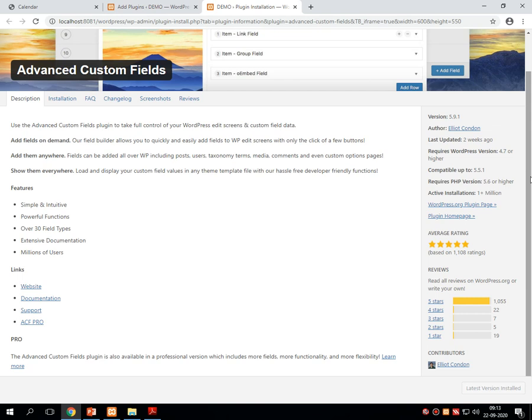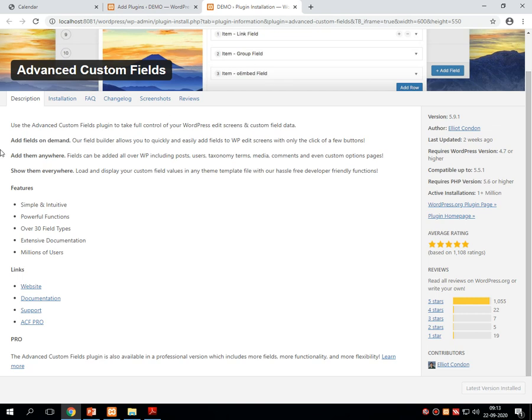Again I am repeating my words. This is an advanced option provided by WordPress, which is used to add additional text box, radio button, combo box, text area, something like that, objects either on posts or on pages.